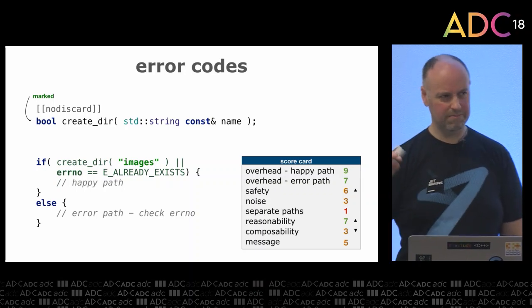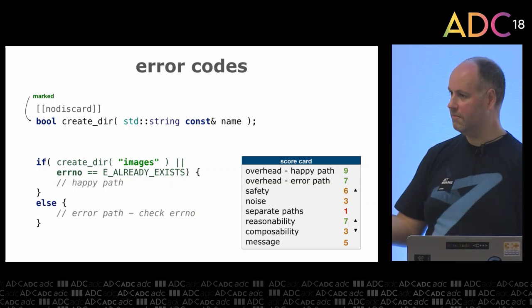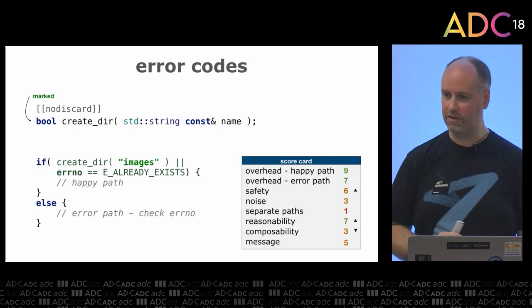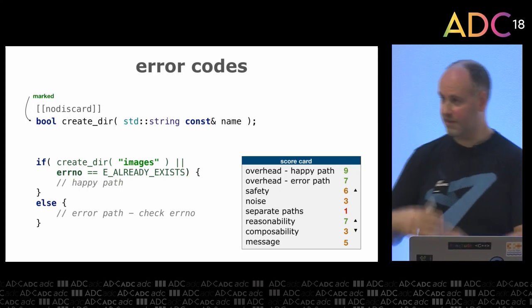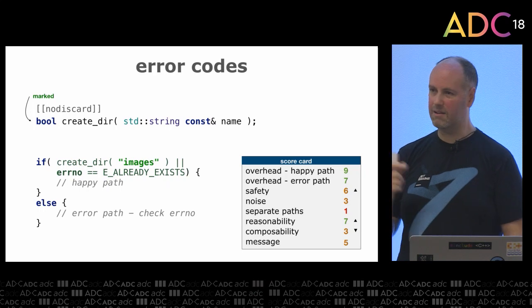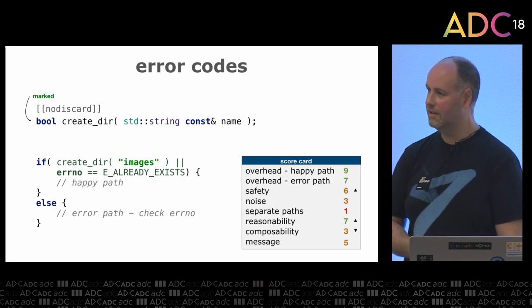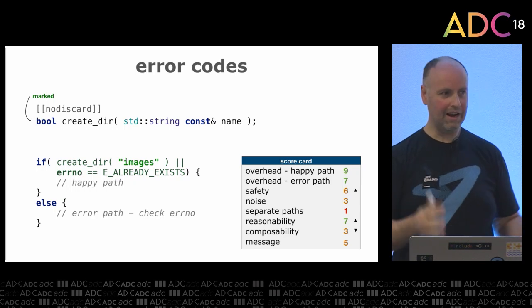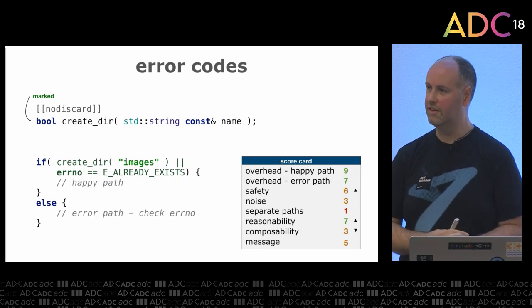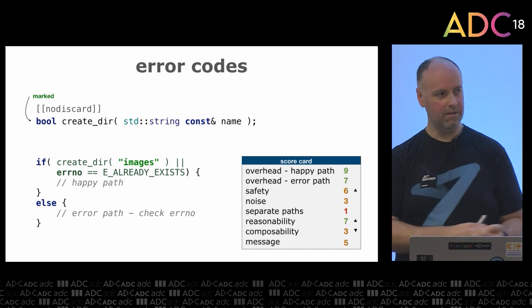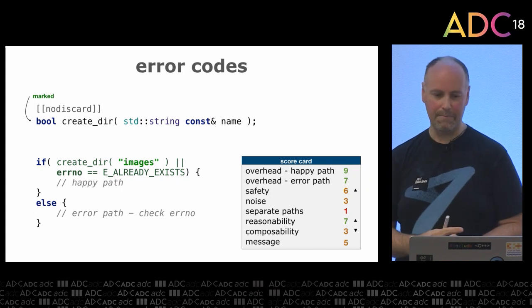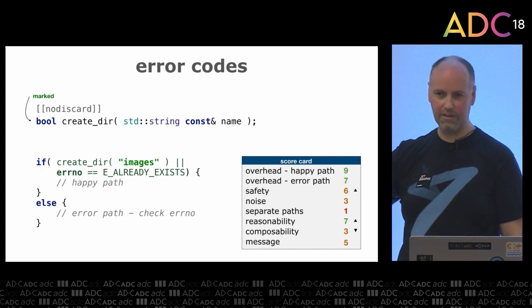So that improves some things. It's a bit safer because we've got the Boolean. We can put no discard on there. Still easy to reason about, but composability suffers again. We're still blocking that return channel. So these are all the classic error code approaches that we're probably familiar with. You can see they all have their own trade-offs, but in all cases, apart from the thread local one, performance is actually pretty good, which is why these are still popular.